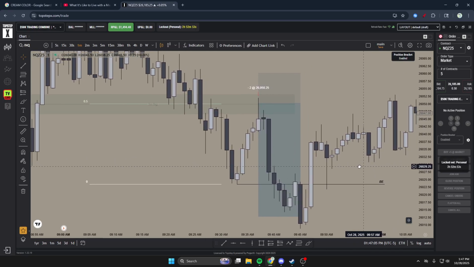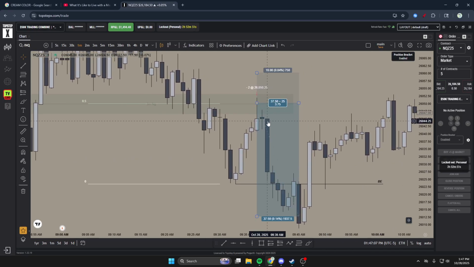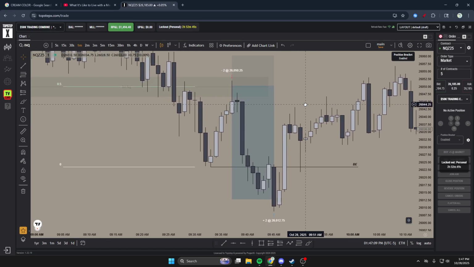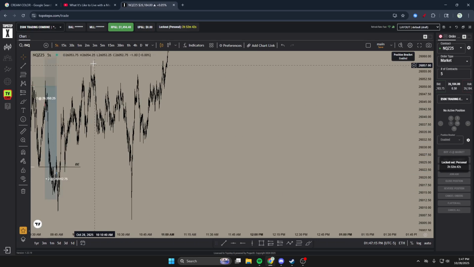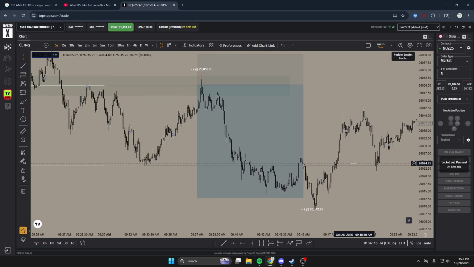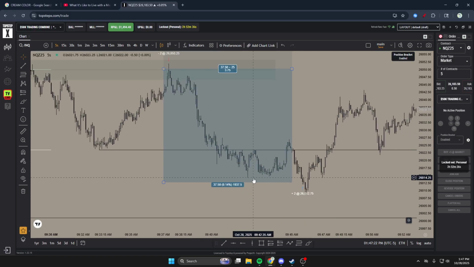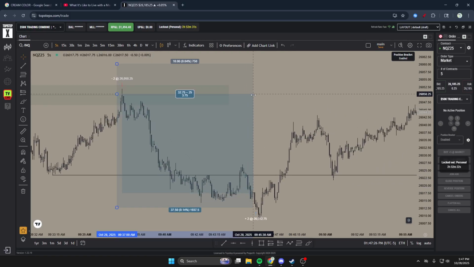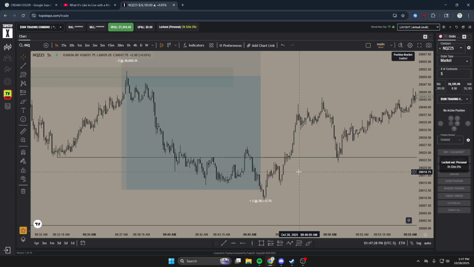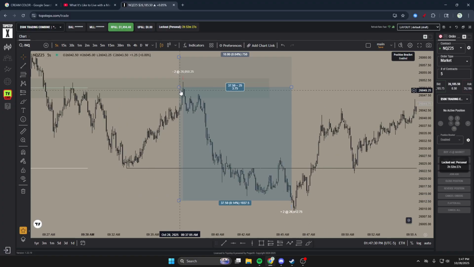And immediately after my entry, it literally dropped 18 points. And then it kind of took a while. We were really slow here, like a little bit of chop. And let me go to the 5 second. So you'll see we had this entry, and then we dropped, and then we kind of chopped. We edged, went back up. We edged, went back up, and then finally, right there, we had our push down. So I made a little over, yeah, like 1494, so almost 1500 off this,